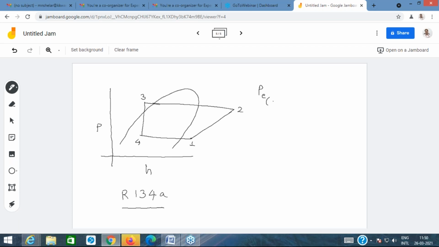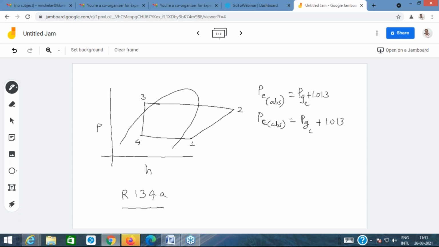Suction pressure, that is evaporator pressure in absolute, would be the gauge pressure reading plus the atmospheric pressure. Accordingly, one can get the suction pressure here and the discharge pressure here. The condenser pressure, again absolute, would be the gauge pressure of the condenser, this is of the evaporator, this is of the condenser, plus 1.013. You need to express the condenser pressure and evaporator pressure in bars.